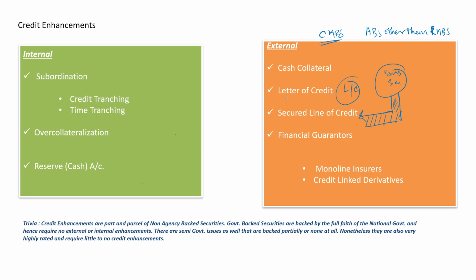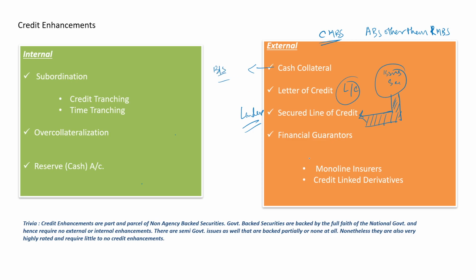The only difference between these two is that with the letter of credit, with the existing financier, you may or may not be required to have a working relationship. However, with a secured line of credit, the lender who is going to stand guarantee to you will definitely want a working relationship. Cash collateral is basically the cash retained in total on the balance sheet